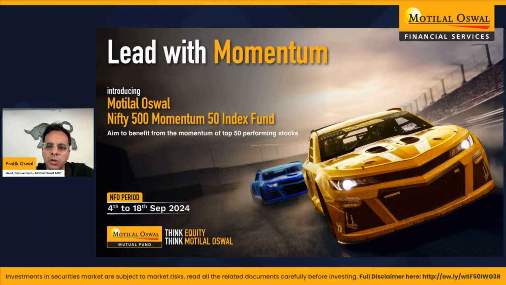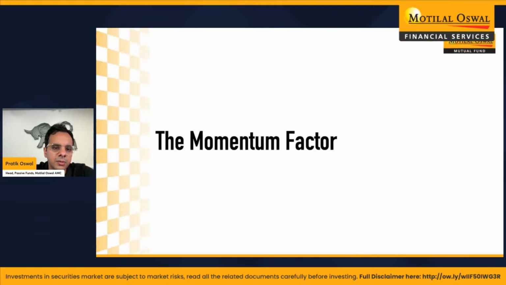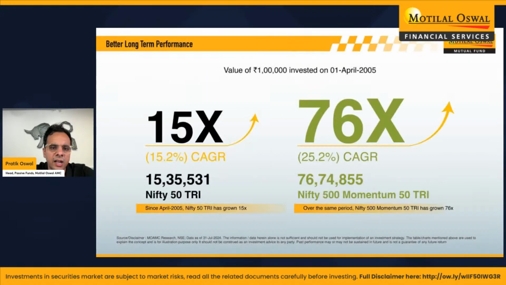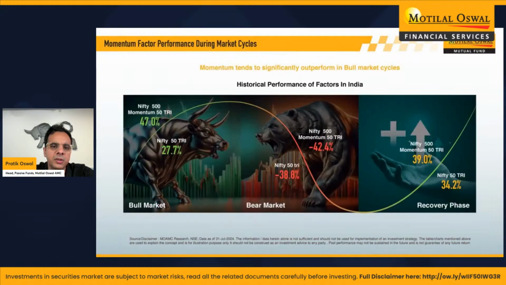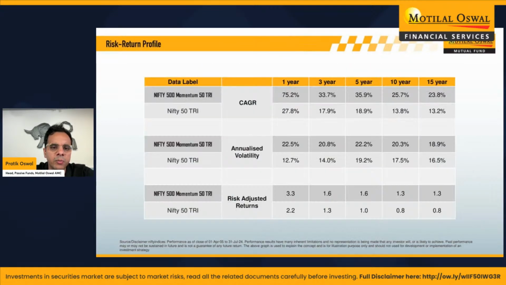Mohammad Faizan asks, what is the return distribution of the fund across 3, 5, and since inception? Since inception, which is April 2005, and this is not the fund; it's the index. This is the first fund of its kind in India. The index has delivered about 25.2% since inception, and this is the return stream that you can see over a 3, 5, 10-year period. I hope this answers your question.